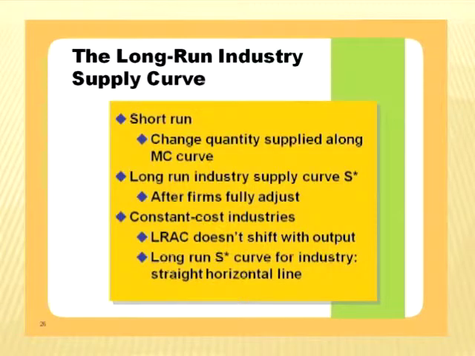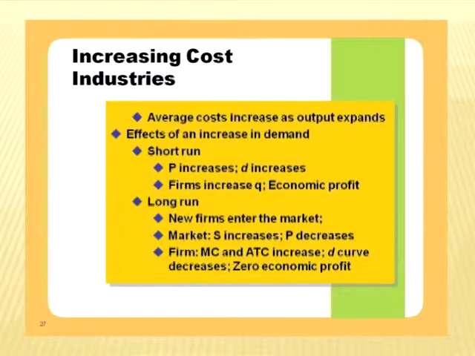It just follows along that black line marked S star or S asterisk, and it's just a straight horizontal line. Now, most industries fall into that category, but there are a few that instead of doing that are called increasing cost industries. In an increasing cost industry, the effect of increases in output is an increase in price. So rather than the line being straight, in this case it in fact actually increases.